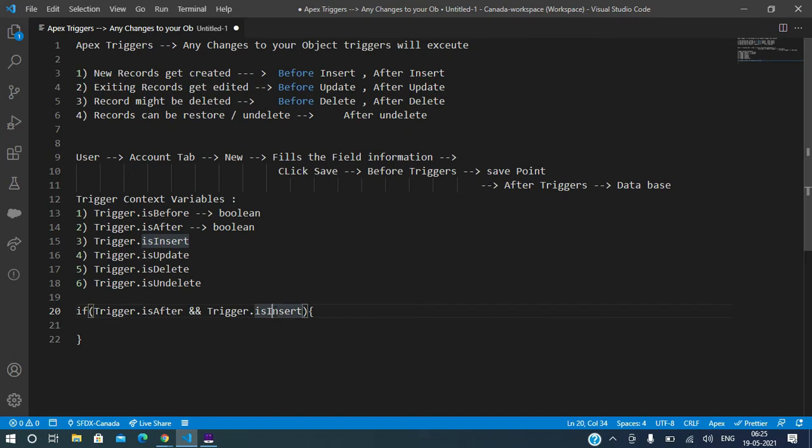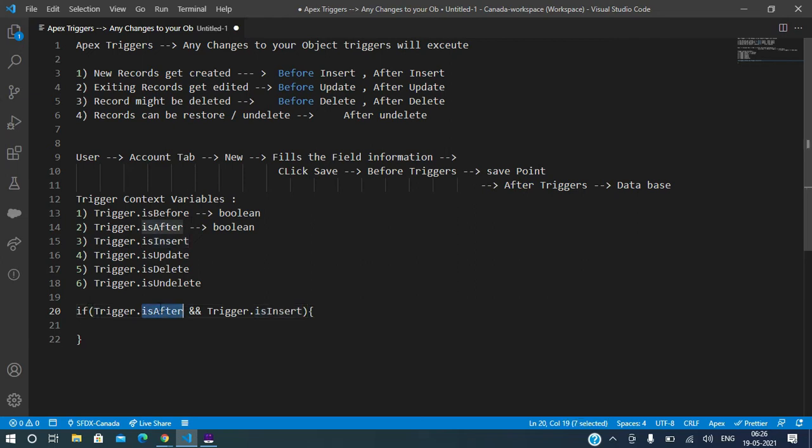So I asked you to write a condition just to check whether it is after insert. Because we have seven events, right? Out of seven events, I am asking you to capture only one event. How to capture that? You can say Trigger.isAfter.